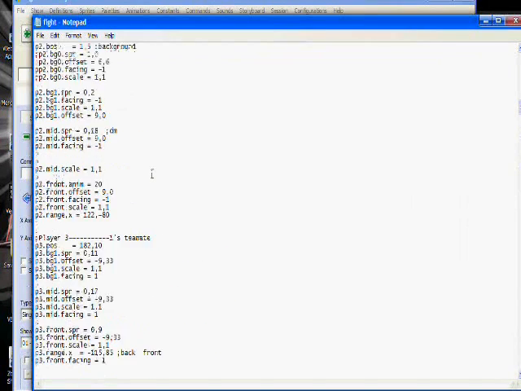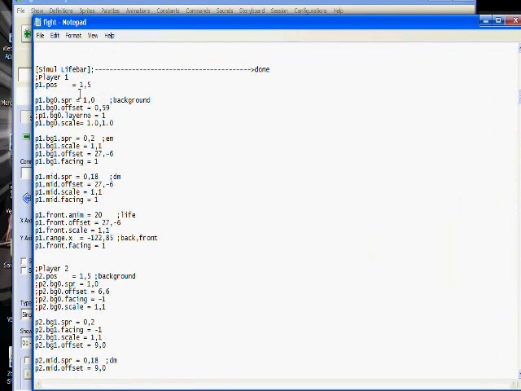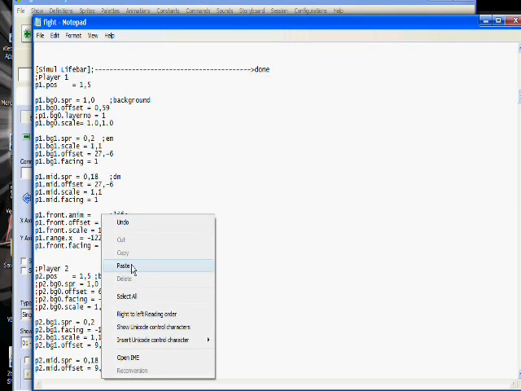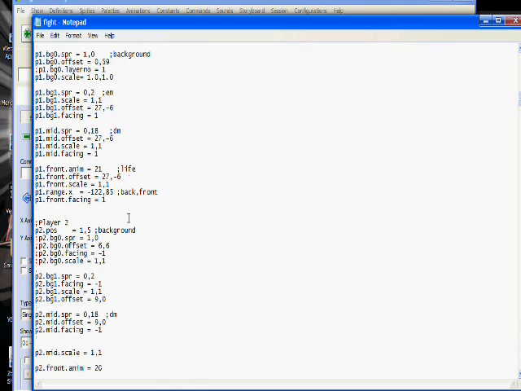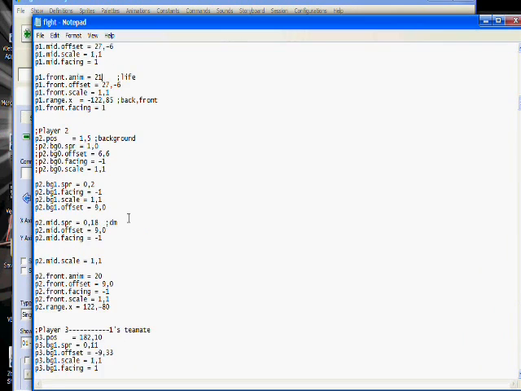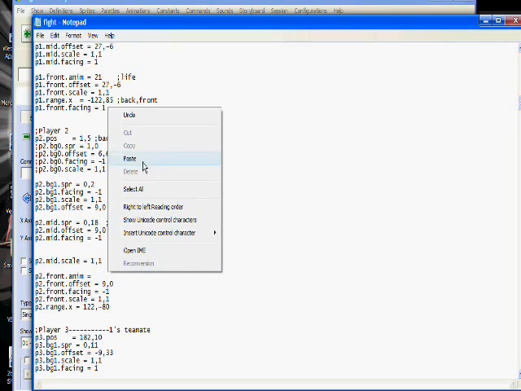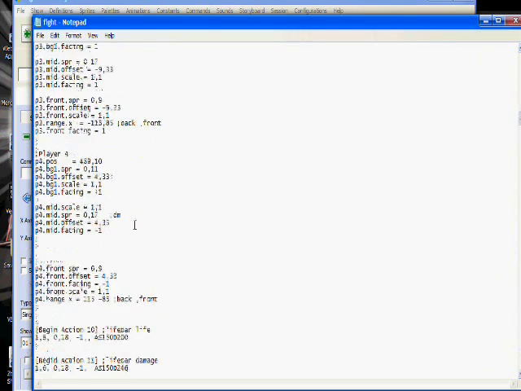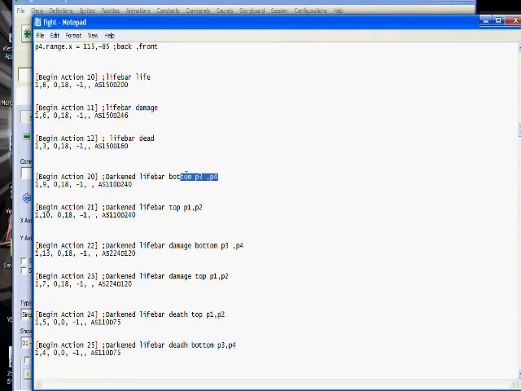So what I'm going to do is go up to player number 1 and go to the life bar, which is this one here, and change the animation number to whatever it needs to be, which is 21, and then go to player 2's front animation and change it to 21, and then go and see what the life bar was for player 3 and 4, which the animation number or action number was 20,